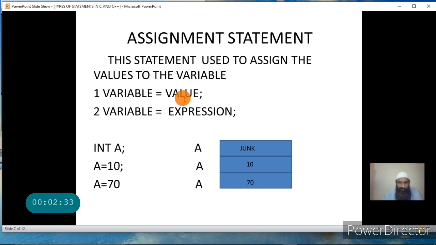It is called an assignment statement because it uses the equal to operator, and this operator is called the assignment operator in C, but the entire thing is called an assignment statement. That is, variable equal to value followed by the terminator is an assignment statement. Similarly, variable equal to expression followed by the terminator is the second form of the assignment statement. We are studying the 2 forms here, and later on we will see what other forms are possible for this statement.